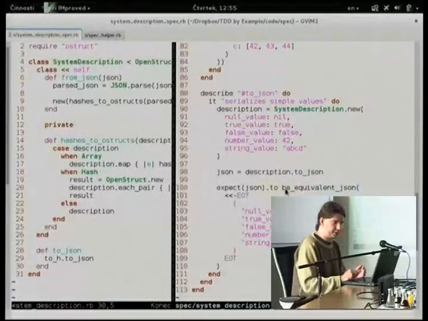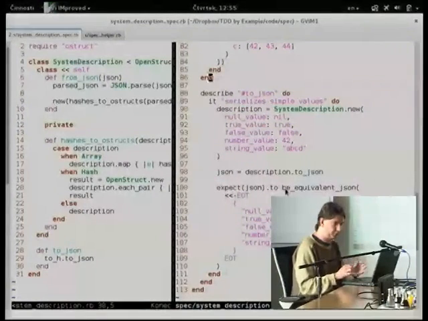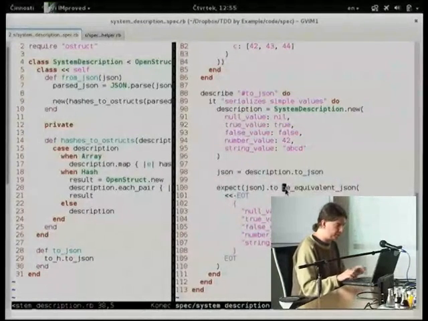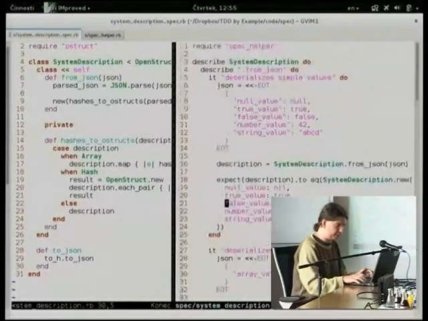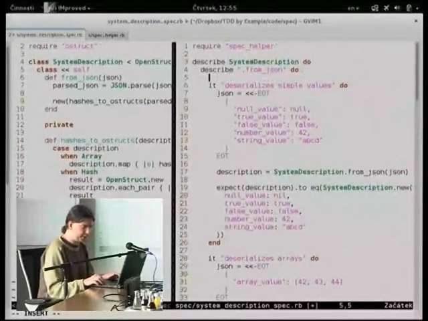And refactoring doesn't mean you should only refactor the code, the implementation. It also means you should look at the tests, because tests are also code, and as with other code, you want to remove duplication and keep all things tidy and so on. So here, you notice that the description and the JSON are the same as in the first test. So it probably makes sense to extract them. RSpec has a syntax for that. So we will define